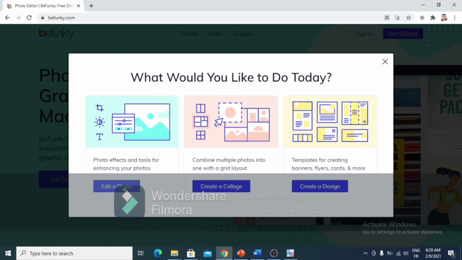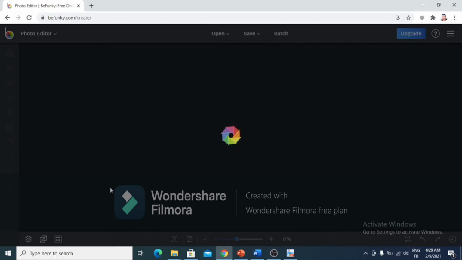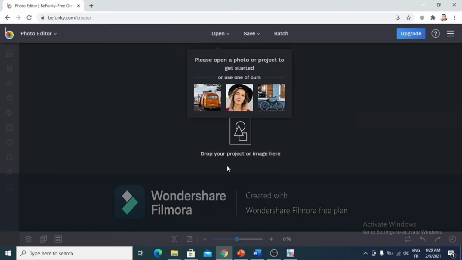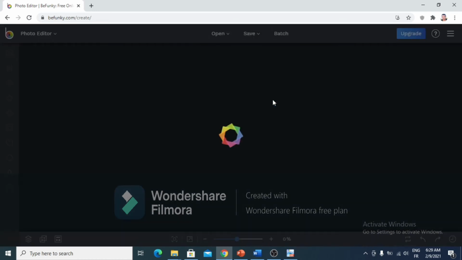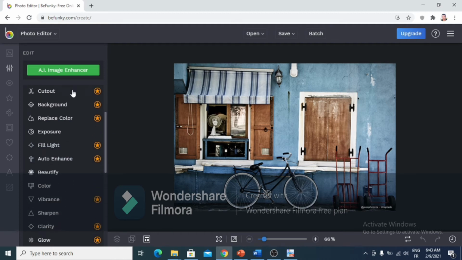today. I'm just gonna proceed with edit a photo, and this is the interface that we're gonna play with our image or photo. Just start a new one, and I'm gonna go with this bicycle photo. Okay, as a client or as a user, the first thing that I'll see is this menu right here of